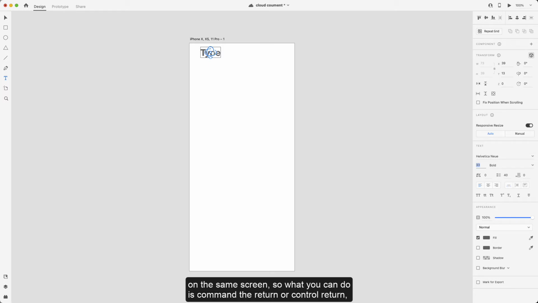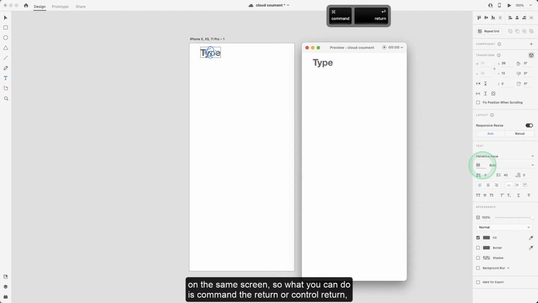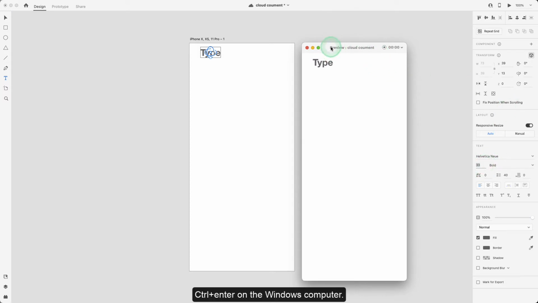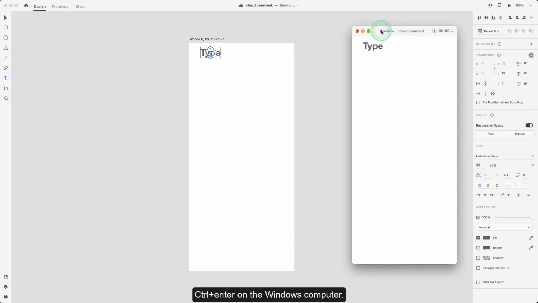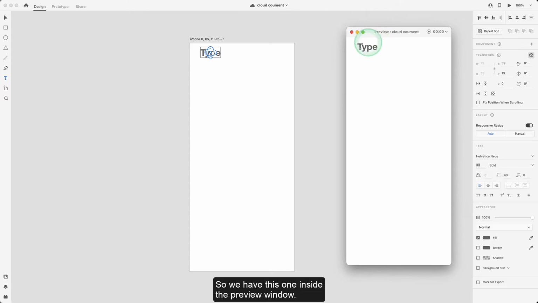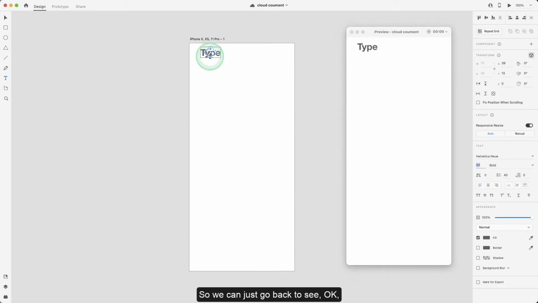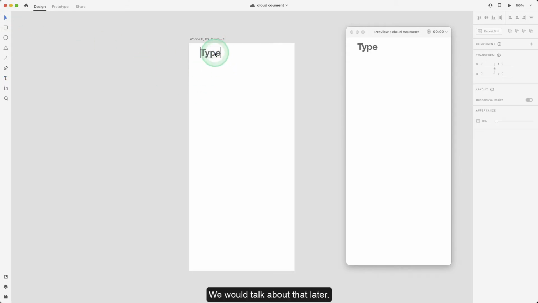So what you can do is Command Return, or Control Return, Enter on a Windows computer. So we have this one on the side. The preview window really can be on all the time. So we can just go back to the scene. There's some fancy functions we will talk about later. So we have a type,